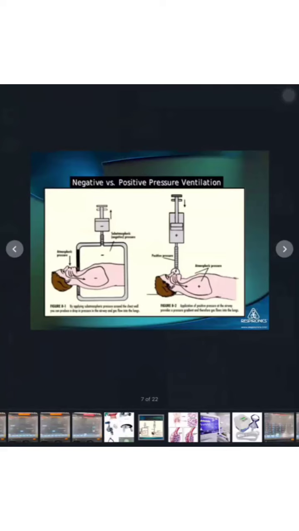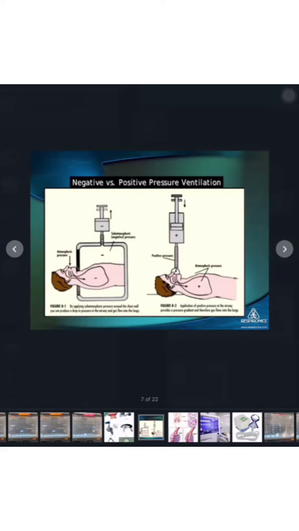In this picture, we can differentiate the negative and positive pressure ventilatory mechanisms. Negative pressure ventilation was practiced in the 1940s, using a machine called the iron lung machine. This machine is placed only over the chest wall, creating negative pressure inside the vacuum present in the machine. It creates a positive pull over the chest wall, which expands the intrapleural cavity. This further reduces the intrapleural pressure, so the net result is excessive negative intrapleural pressure, which automatically increases the compliance of the lung.